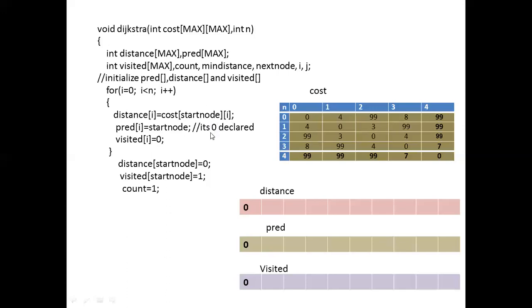After that, what is the next statement? Now you can observe the next statement is start node is assigned to the predefined array. Now start node's initial value is declared as 0. 0 will be assigned to predefined of i. Now here you can observe initially this memory location was empty and now it is assigned with 0 value. After this, once again I am assigning 0 to visited of i. Now we can observe this memory location is also assigned with 0.